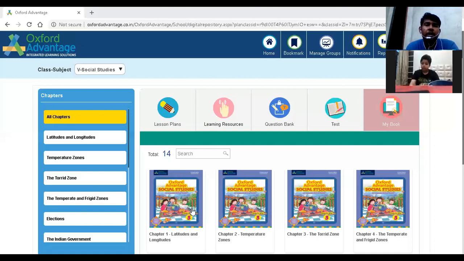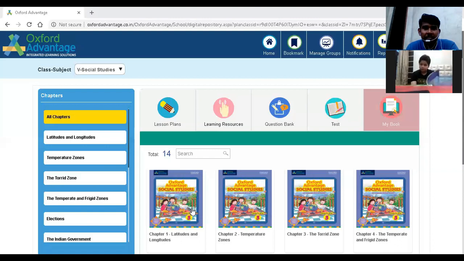Listen to me as I say: Tropic of Cancer at 23.5 degree north in the northern hemisphere. All right, repeat again. Tropic of Cancer at 23.5 degree north in the northern hemisphere. All right.